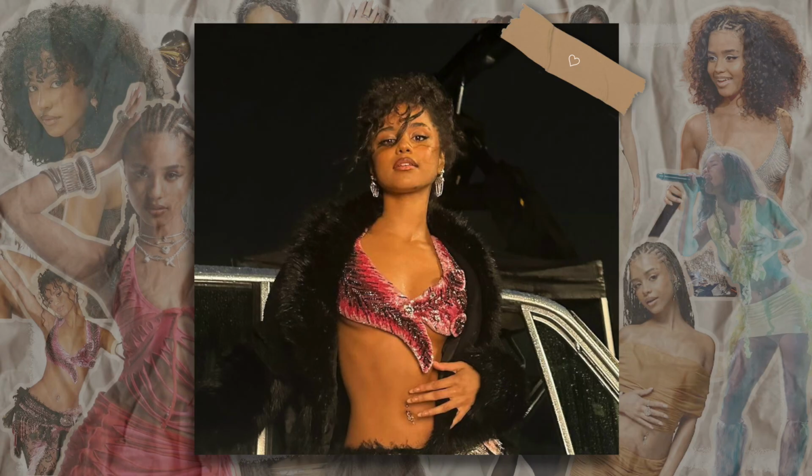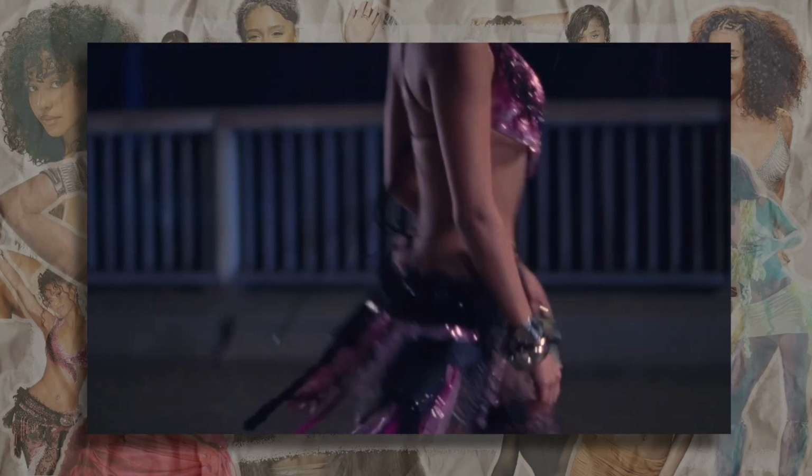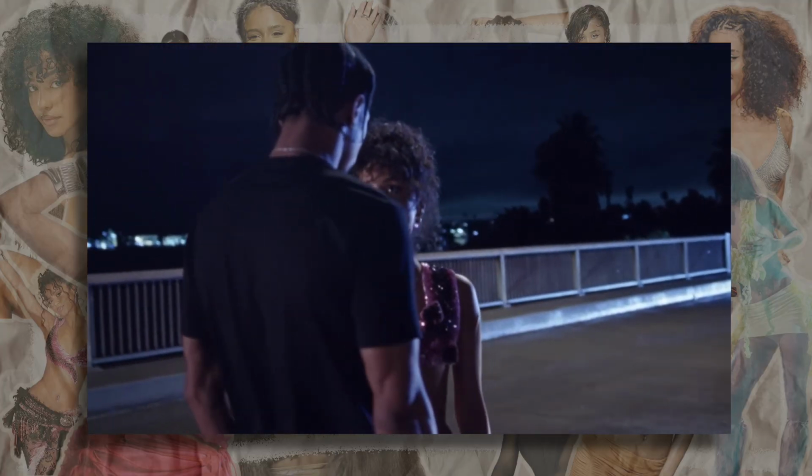Then it was time for the second top. I've been keeping this to the end because I genuinely don't know how to do it. And that's present tense. I don't know. I still don't know. The top is like a little fox laying on its tail, and I didn't even realize that until like my third watch. It's made of sequins that maybe are individually placed, but honestly that sounds like a nightmare to do,